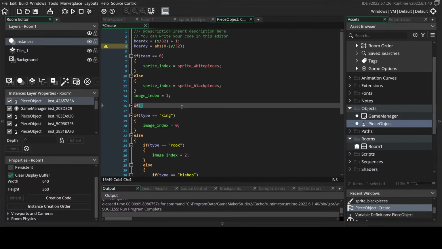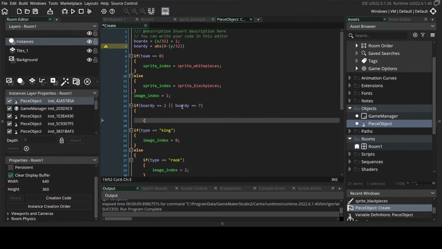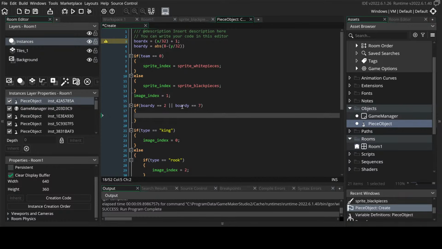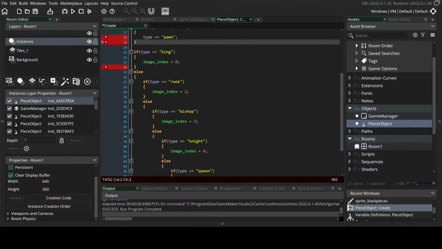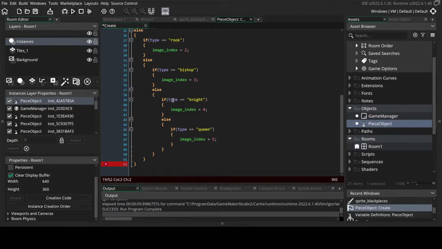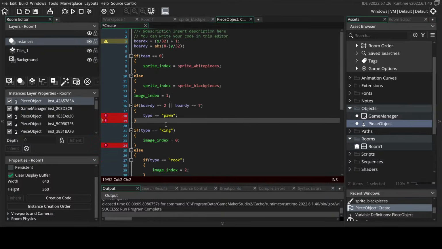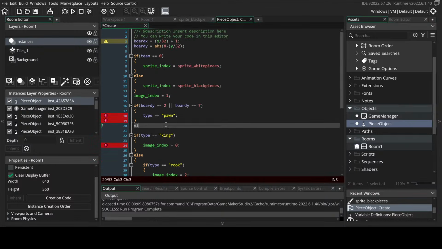Instead, we will have if board Y equals 2 or board Y equals 7, type equals pawn. The rest of them, we will eventually eliminate this function and we'll just compact it into this. Else,